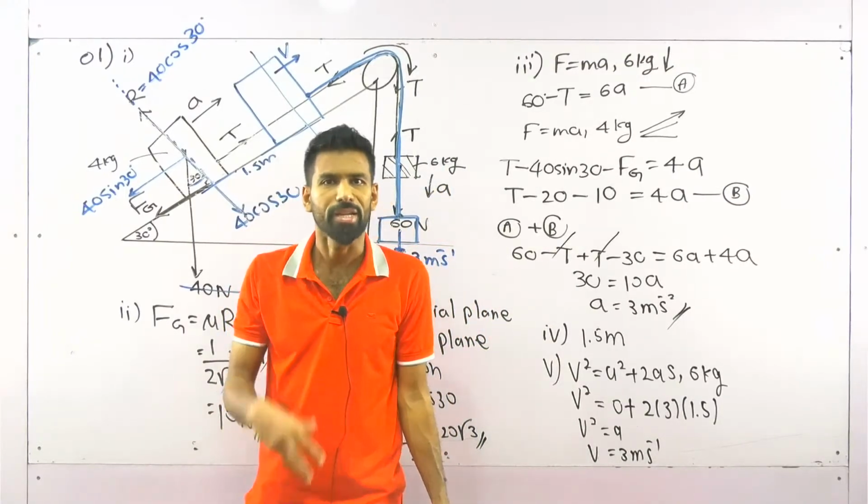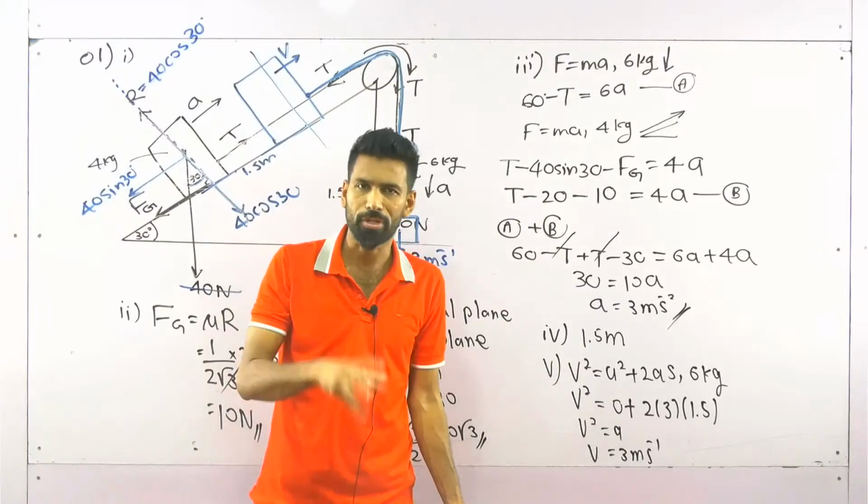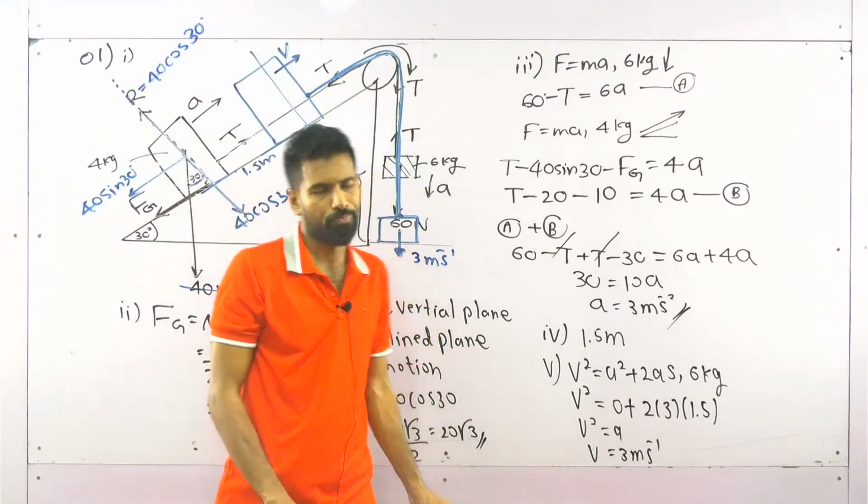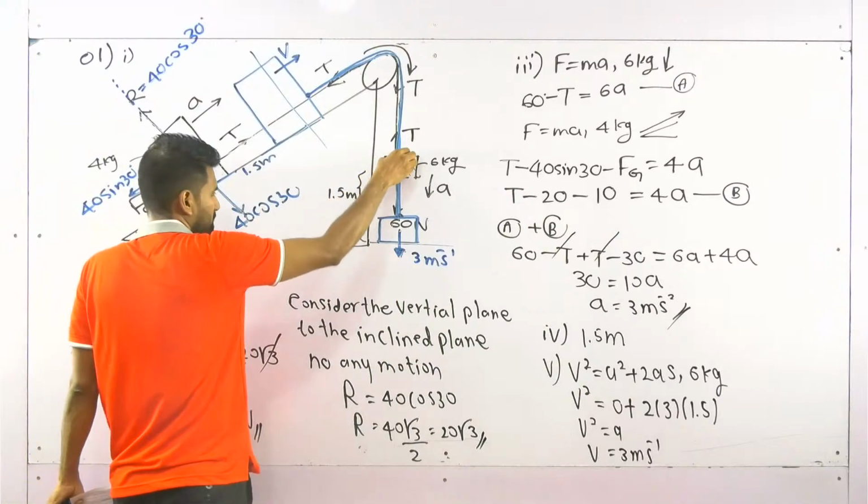It will lose its tension. If the string is not in a taut condition, there's no tension. It will lose its tension. Okay? When the 6 kg mass hits the ground,